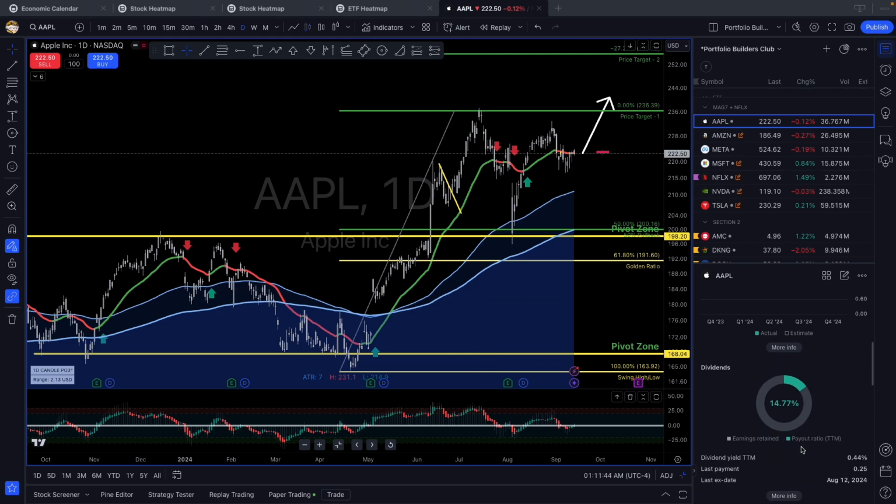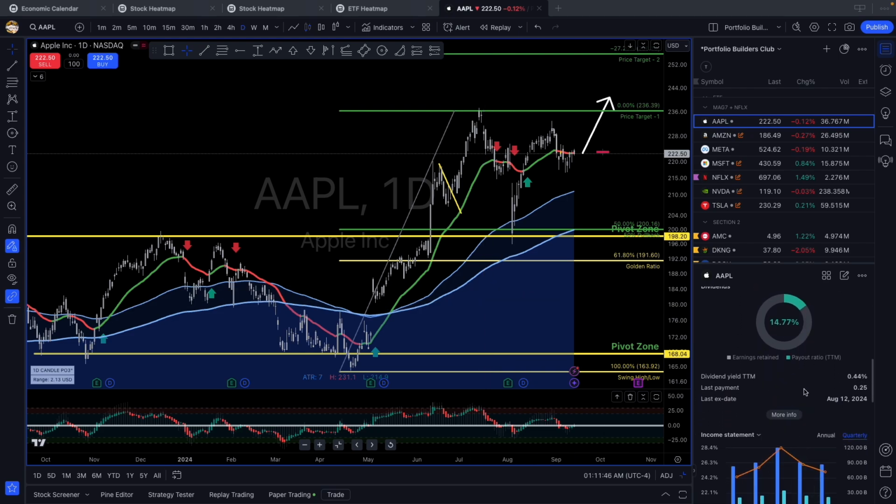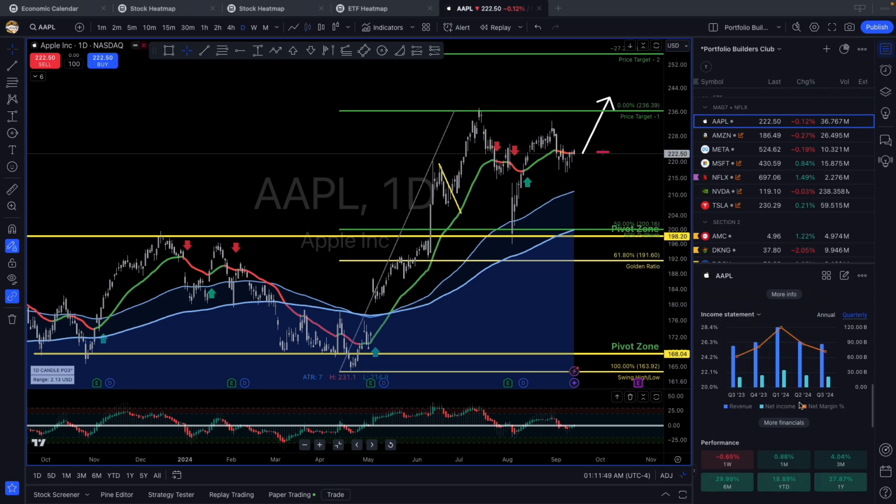As we continue down, you can see information about dividends. You can also see income statements. So the income statement is listed here. The dark blue is the revenue. The net income as well, and it's showing that they're doing pretty well overall. I mean, this is in the billions of dollars, so we're looking at quite a bit of income that's coming